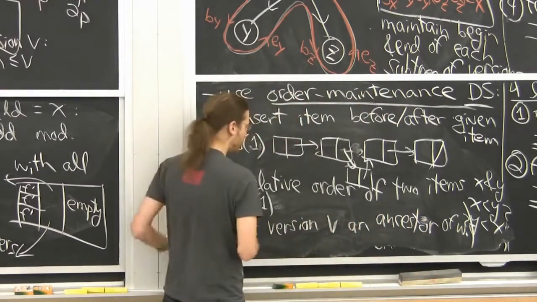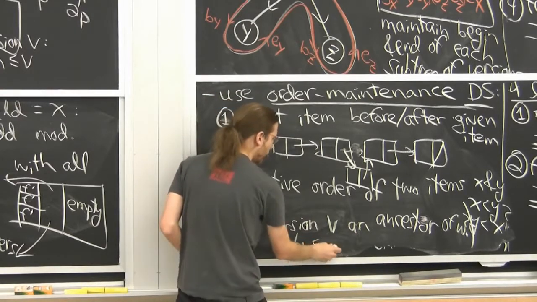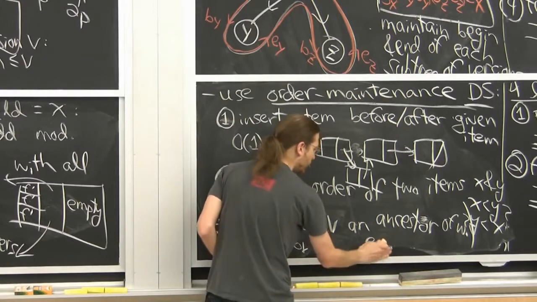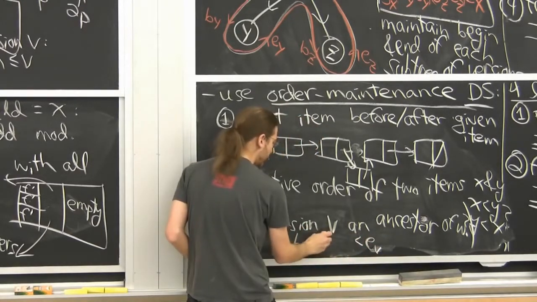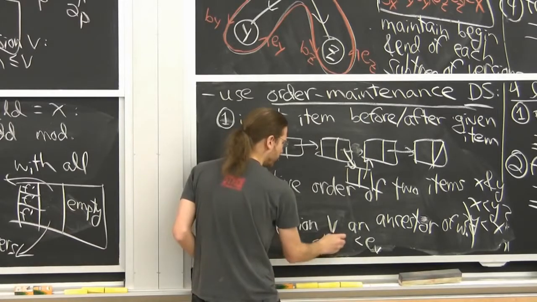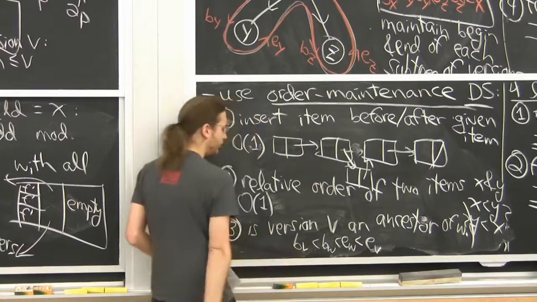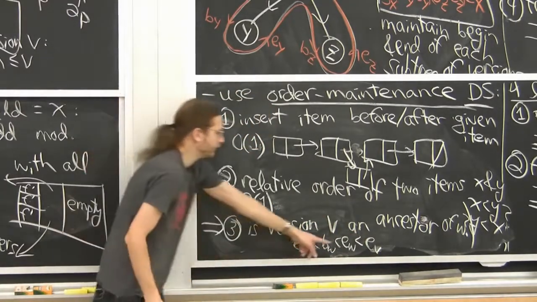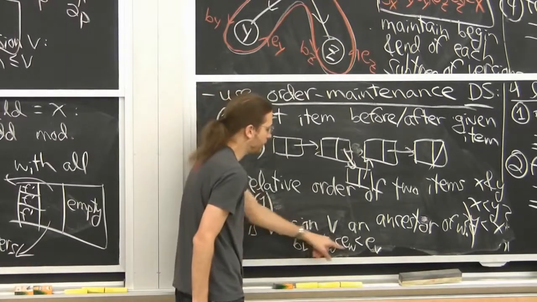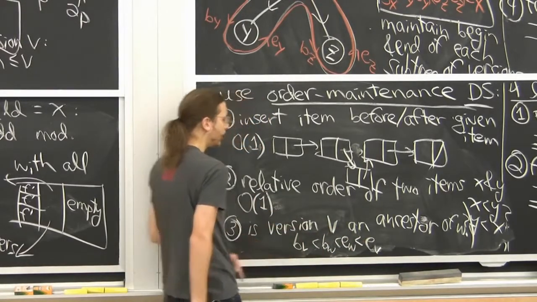Because that's going to be true if and only if BV and EV nest around BW and EW. So that's just 3 tests. They're probably not all even necessary. This one always holds. But if these fit in between these